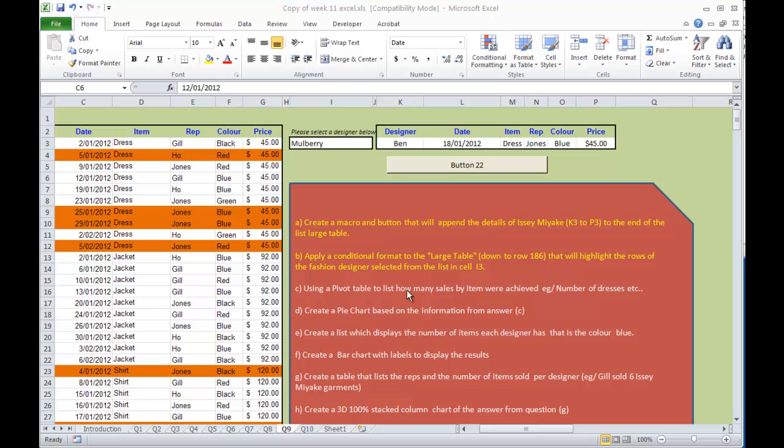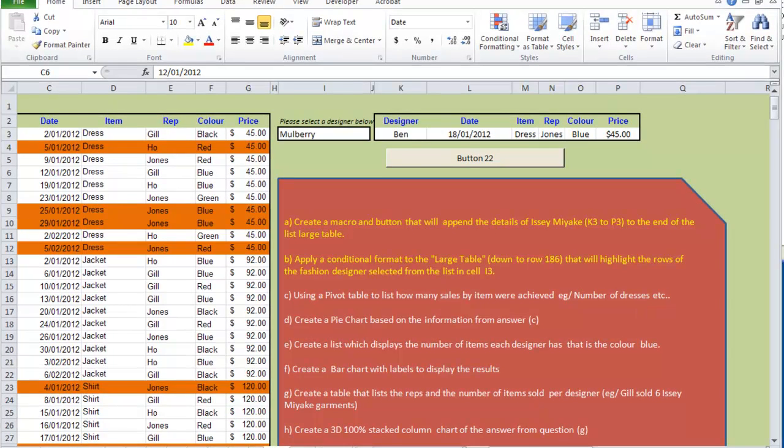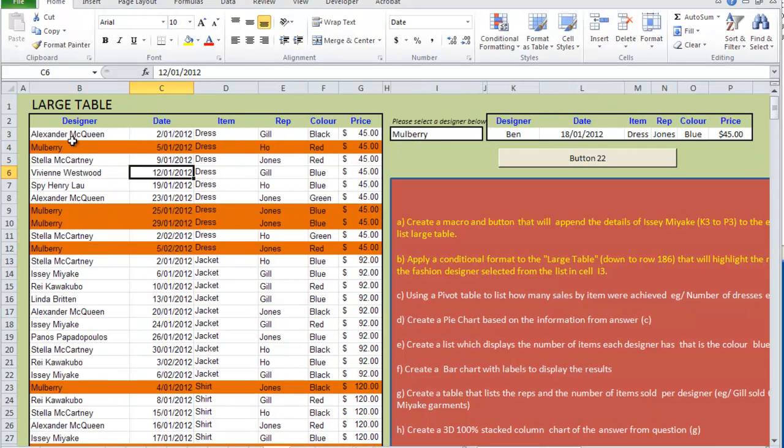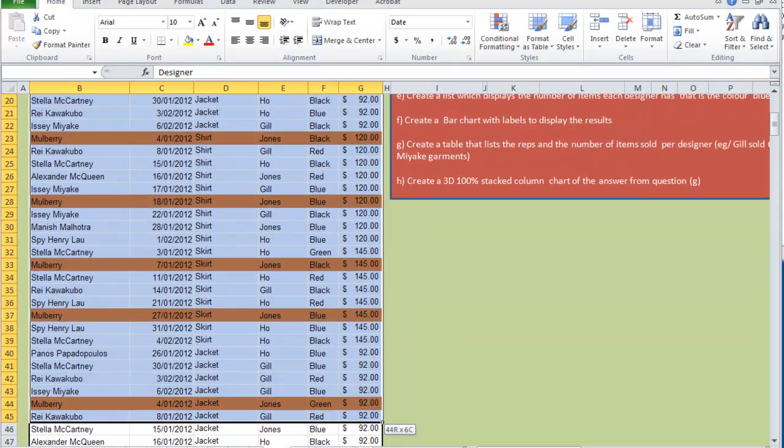Question 3, use a pivot table to list how many sales by item were achieved, number of dresses, etc. First thing I'm going to do, we're going to test you on your capacity to actually construct a pivot table shell and then derive the appropriate answers. So let's highlight the whole table, including the headings,